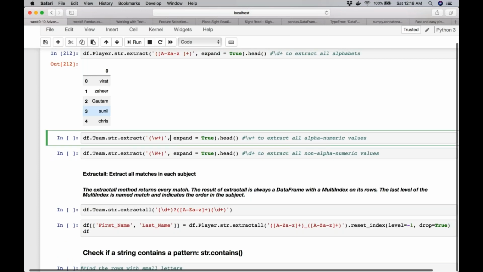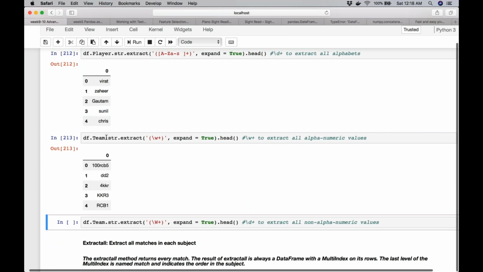Now backslash w plus, what will it do? For now we are back to the team column. So it is extracting the number and the alphabets. So alphanumeric, right? Backslash w plus, small w, is the alphanumeric. It only discarded the characters.